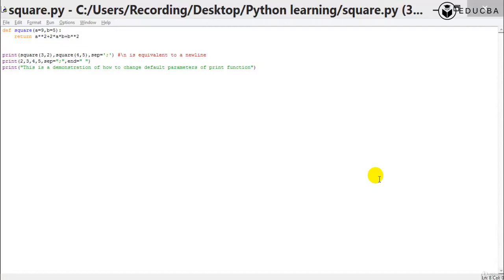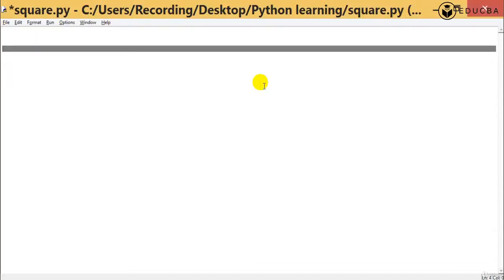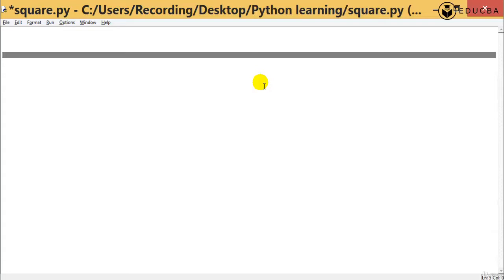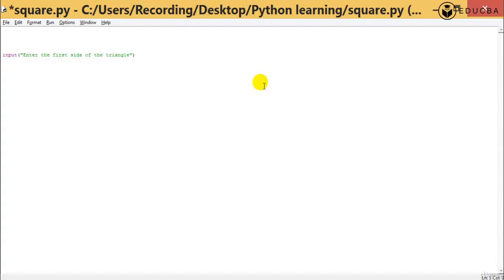Okay, and what the user has given is A, B, and C, which are the sides of the triangle. So what do you need to tell the user? You say: enter the first side of the triangle, enter the second side of the triangle, and so on. So for input, you're going to give a prompt. Okay, so when you tell him that,